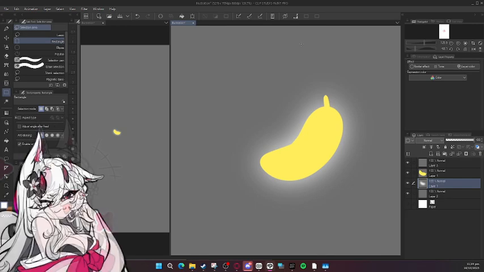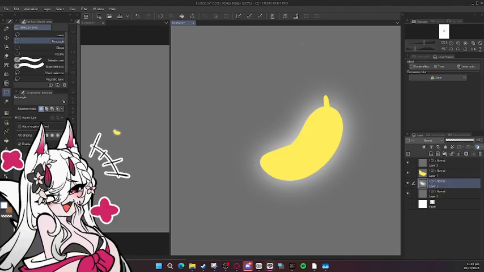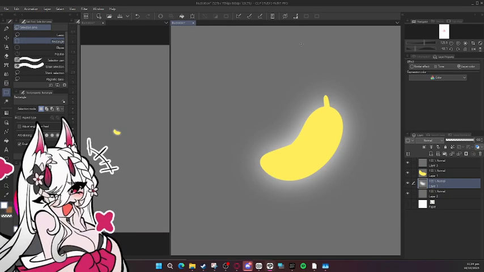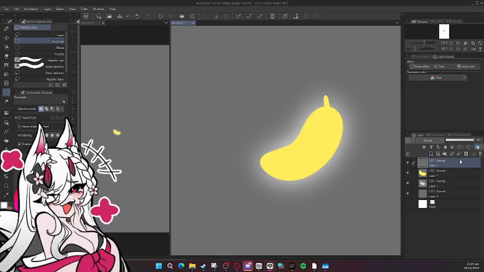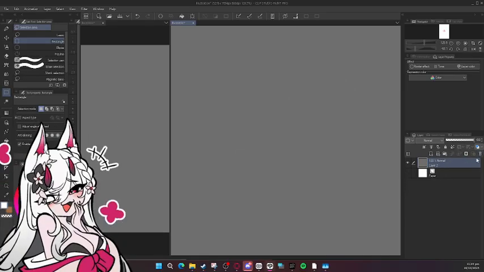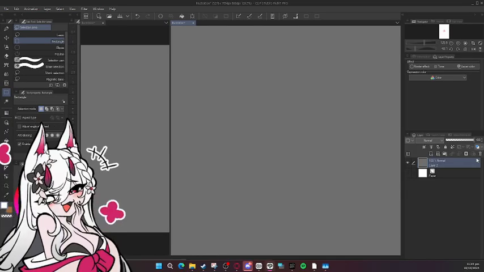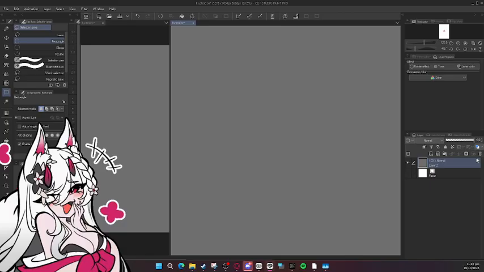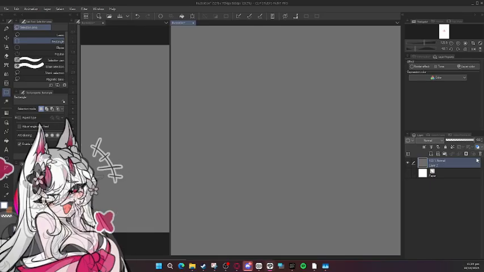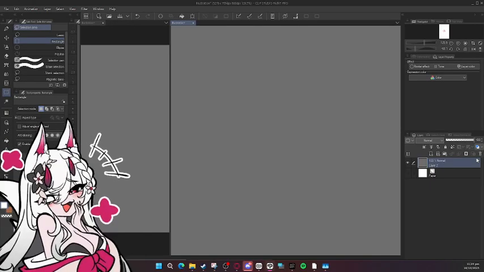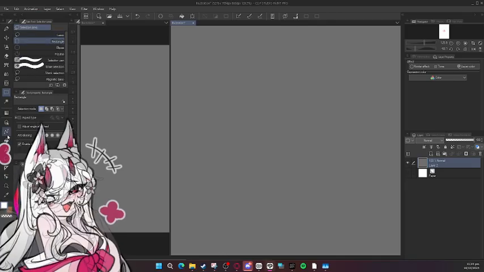Now, for every artist, this tip is a lifesaver and a game changer for me. I hated when I would work on projects specifically with the symmetry tool. It would annoy me a lot when I would use a brush or an eraser and for some reason it would not erase symmetrically. For example,